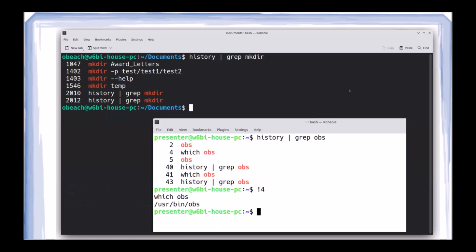And I did this here. Let's search for some sort of command where I refer to OBS, the OBS Studio. And you can see them there. And I want to rerun the fourth history command, the command with OBS, which tells you where it's located. So you can see in the next line, I typed